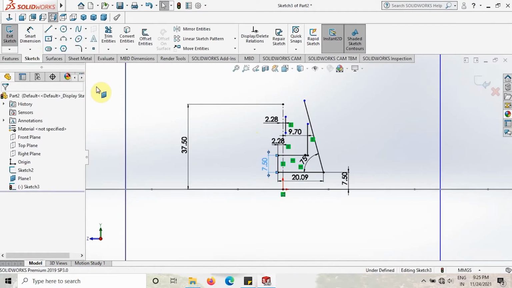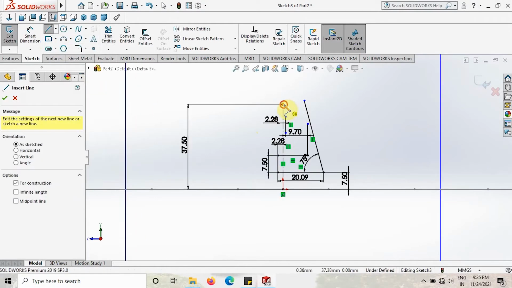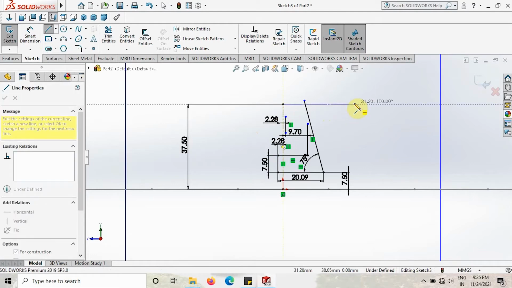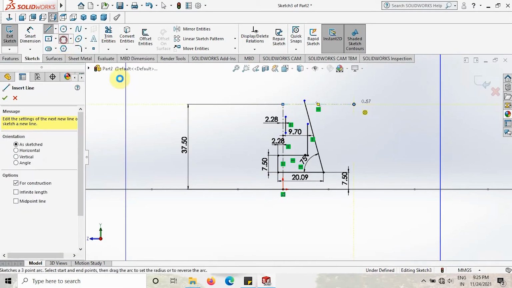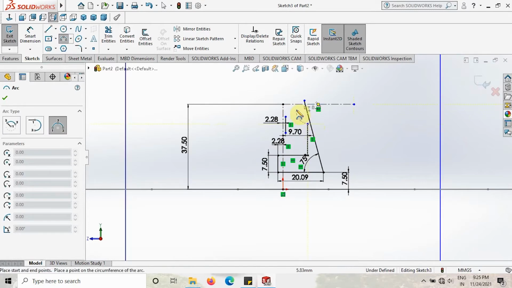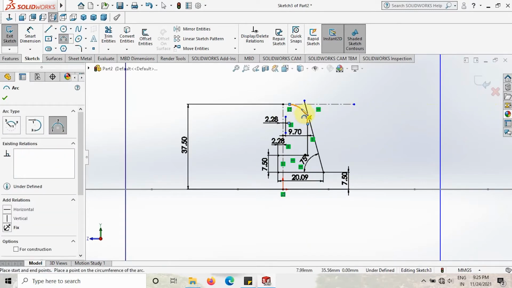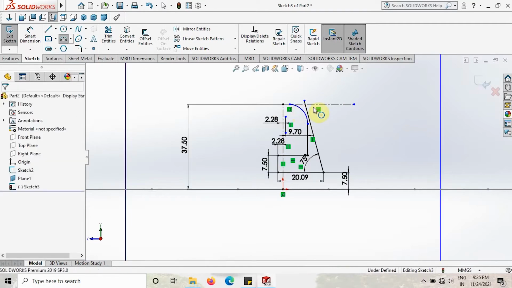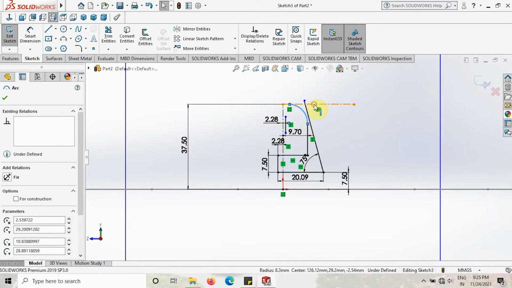Take the center line option and create one horizontal line like this and then take the 3-point arc and draw an arc like this and then select this arc and this axis and make it tangent.